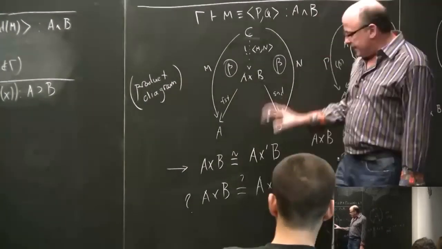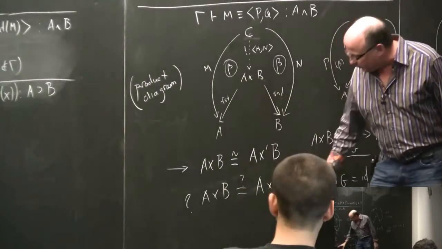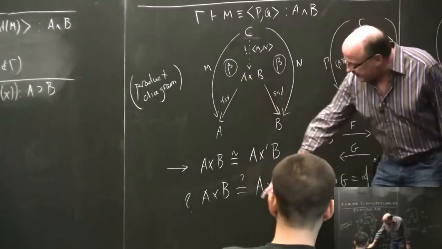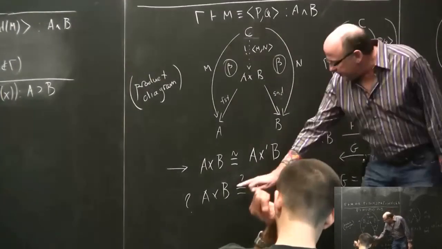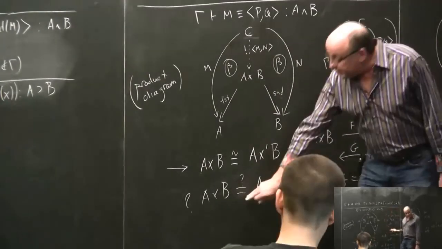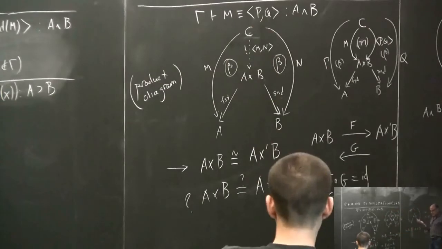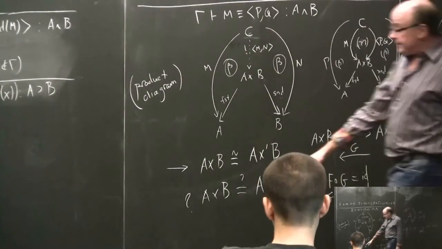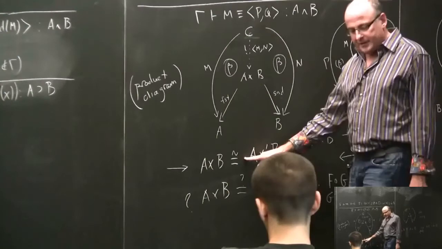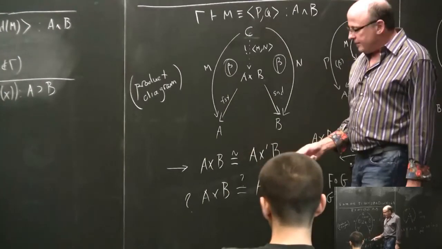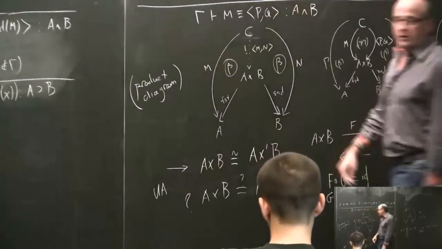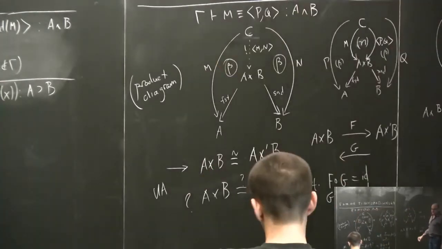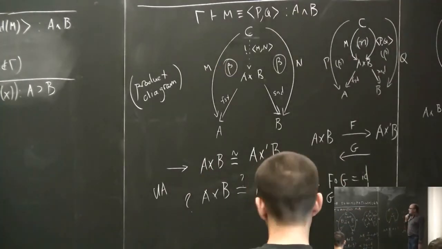Anything that you do with an A cross B must also be doable with an A cross prime B, exactly because they're equal. So there's a conceptual difference between stipulating that they be equal and observing that they're isomorphic. And the univalence axiom, again, will put these two on the same footing. Okay? So in the last lecture, I stumbled over this